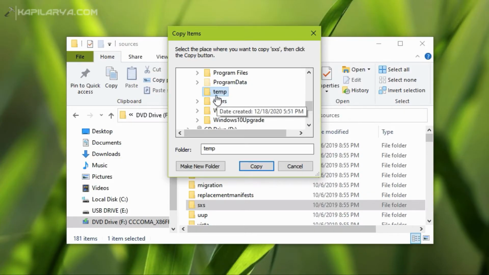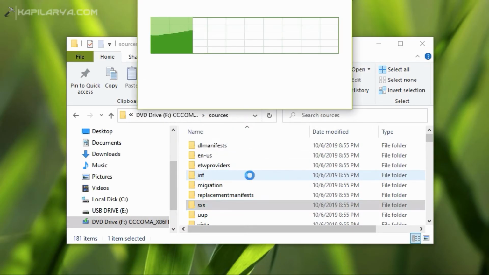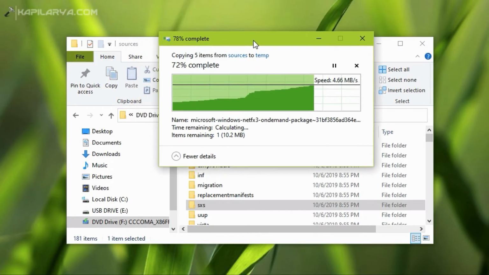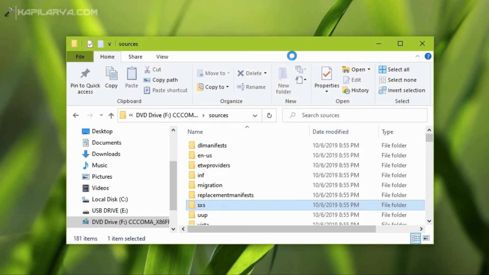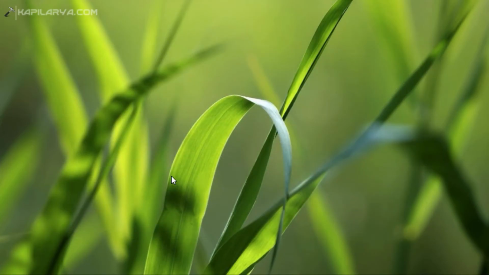So simply copy that folder to the temporary folder. Once that is done, we will close the file explorer and now open Administrative Windows PowerShell.